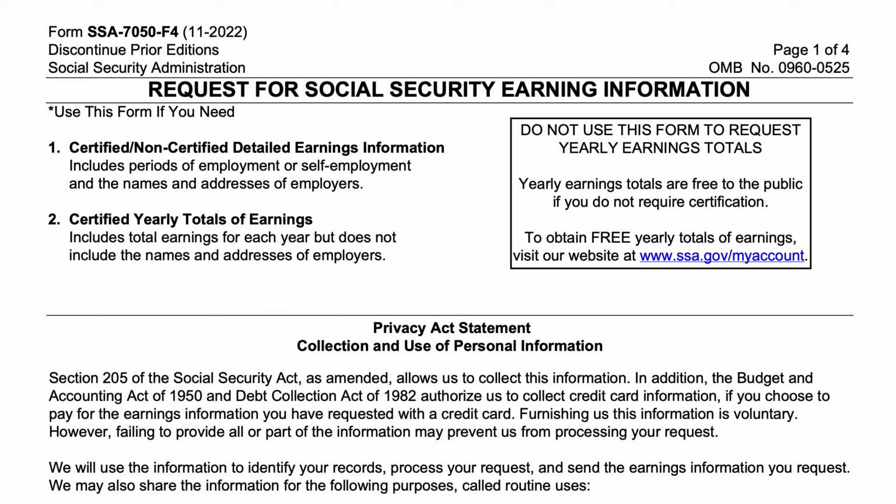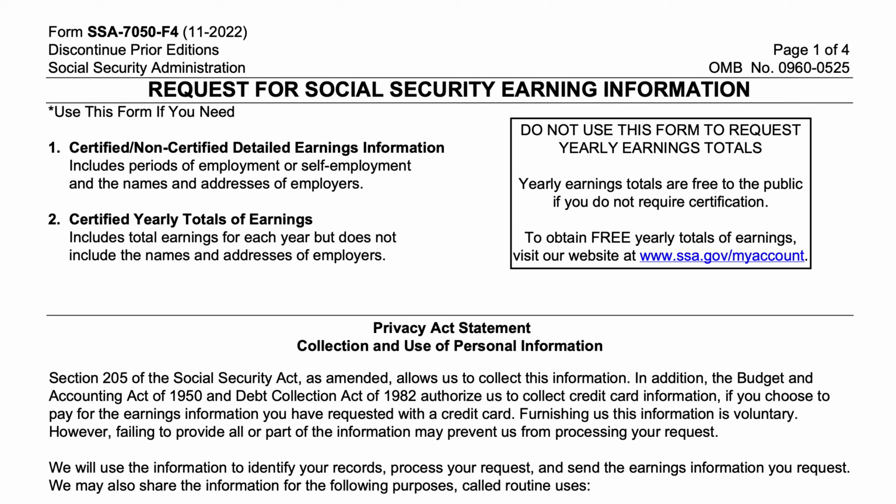You can set up your own SSA account, and within your account you can log in and review your earnings history for free, completely for free. But if you complete this form, depending on the type of information you need and whether or not you need it to be certified by the Social Security Administration, you will be required to pay a fee, and we'll get to that momentarily. So you should only use this SSA-7050 if you need either certified or non-certified detailed earnings